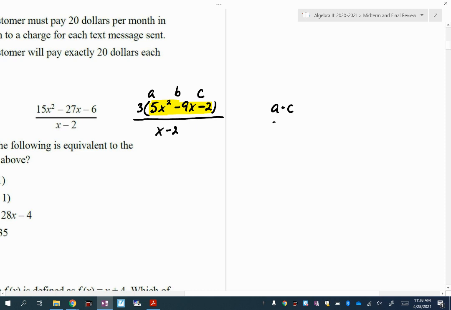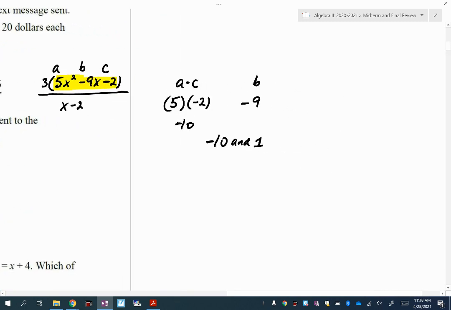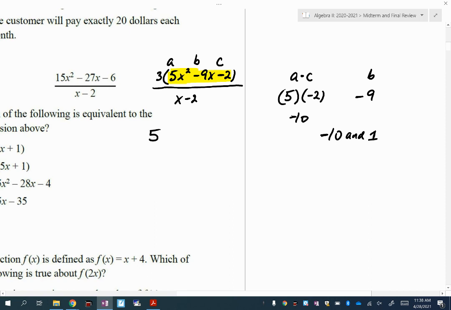So a times c would be 5 times negative 2, which is negative 10, and b is negative 9. So I'm looking for factors of negative 10 that add to negative 9. All right, so that's going to be negative 10 and positive 1. All right, now again, because my a is not 1, right, my a is 5 once I factored, when I do this, I have to factor 5x squared minus 10x plus 1x minus 2, and I need to